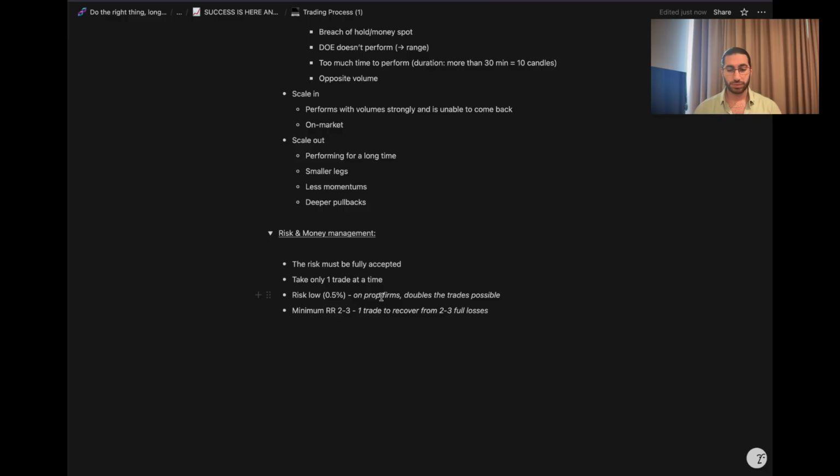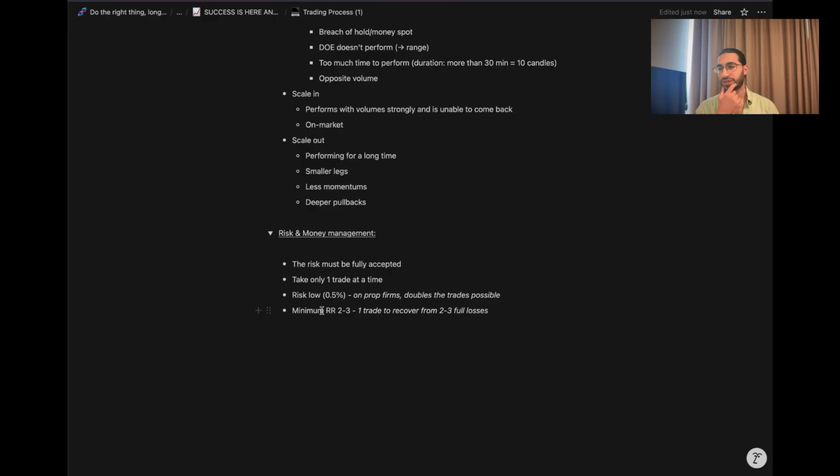Then you need to risk low. Well, I put 0.5%, but the maximum is 1%. Okay? And based on my strategy, I want a minimum risk to reward of 2 to 1. Why? Some kinds of strategy have a win rate of, for example, 40% or 45% like me. So I need a risk to reward that is above 1 to 1, at least 2 to 1. So even when I lose, for example, 51% of my trades, or 55% of my trades, or 60% of my trades, I still make money.